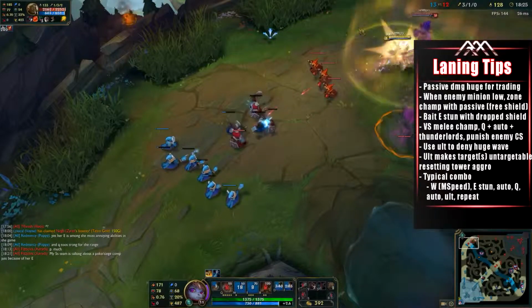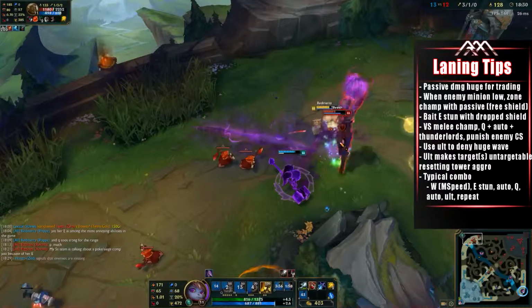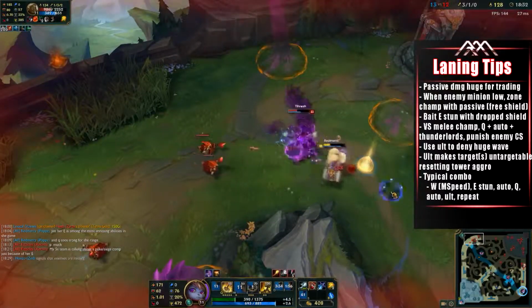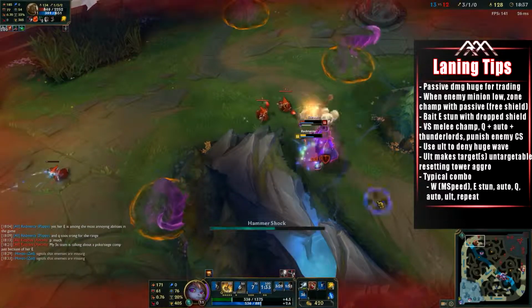while they only got one CS. If you're ahead in the lane and you have a huge wave getting pushed into the enemy tower, you can use your ultimate to knock them away from the lane to make them miss a lot of experience and CS. And here in this fight with Illaoi is a really great use of her ultimate,